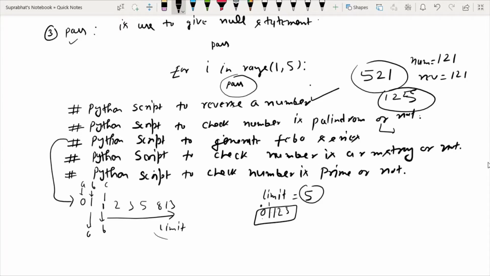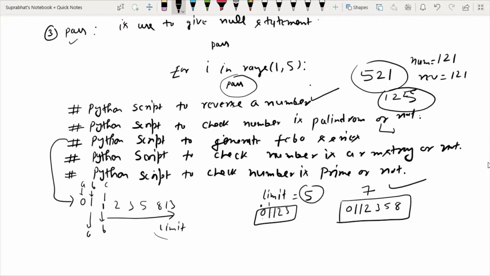Once you enter the value, suppose you have taken 7, it will generate the list like 0, 1, 1, 2, 3, 5, 8. So a total of 7 elements will be present. So it will generate a list like this. This is the program that you have to make to develop your logic. This is called a Fibo series.